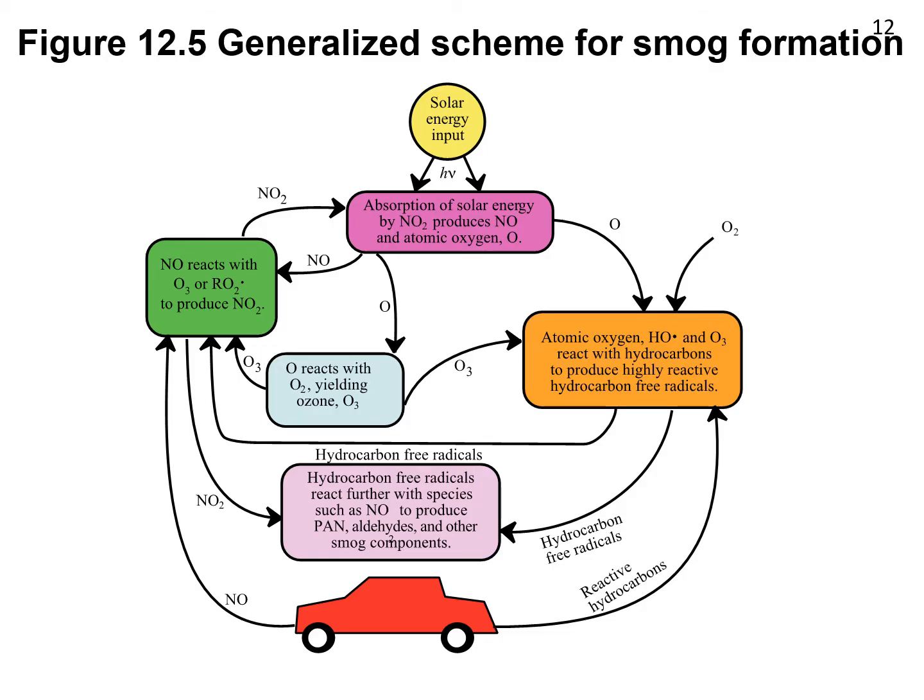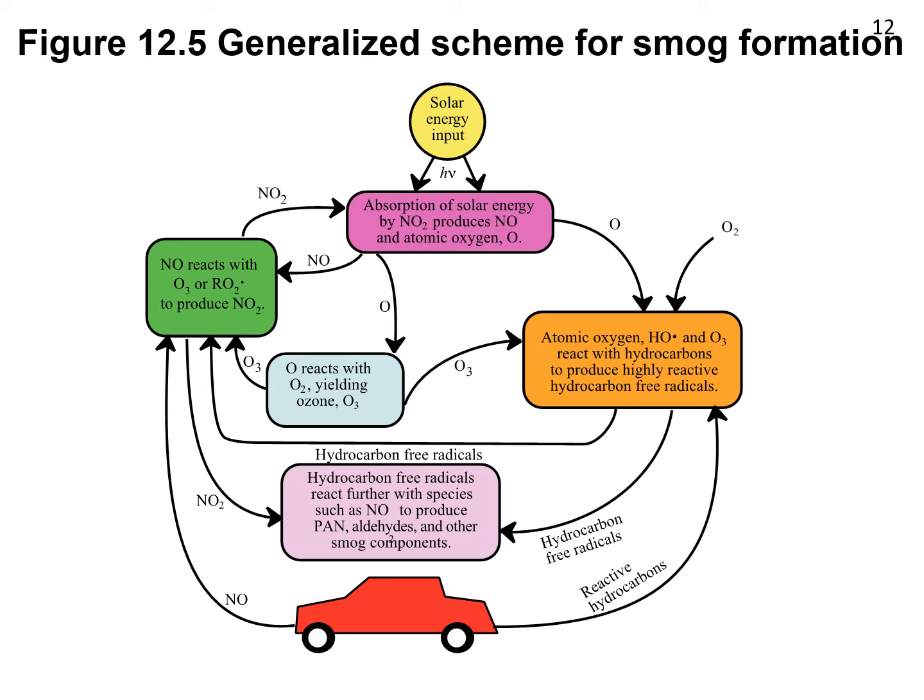So we know that certain compounds cause smog, but what actually is smog and why does it form more in certain areas? Smog is formed because a number of particles, but particularly the particle nitrogen dioxide, react with sunlight. Notice that H nu up on the top of this figure indicates the energy from sunlight, but this is a radical reaction which produces atomic oxygen and nitric oxide, that is NO. These are both radicals which will react with all sorts of other compounds. Because they have an unpaired electron, they're more reactive.